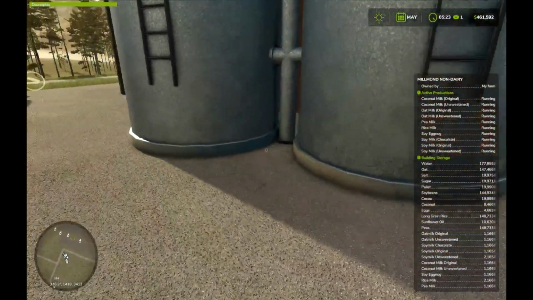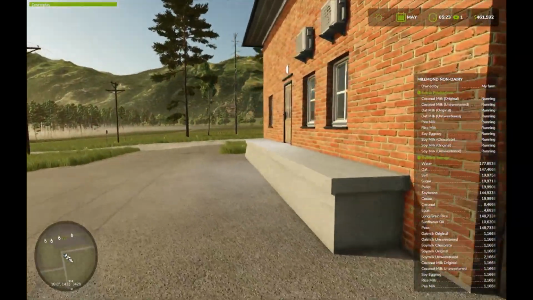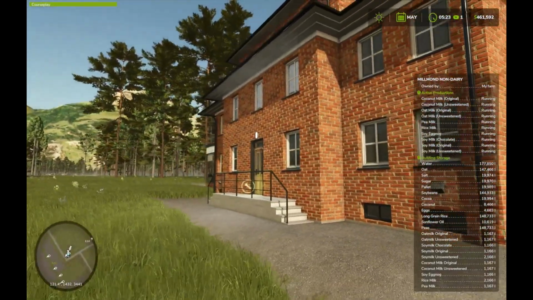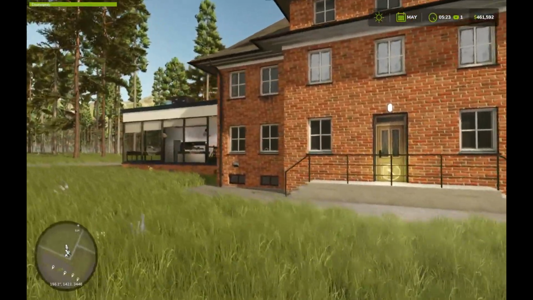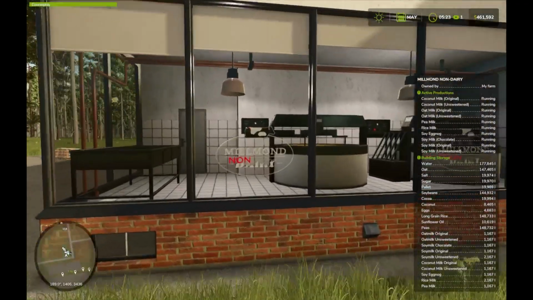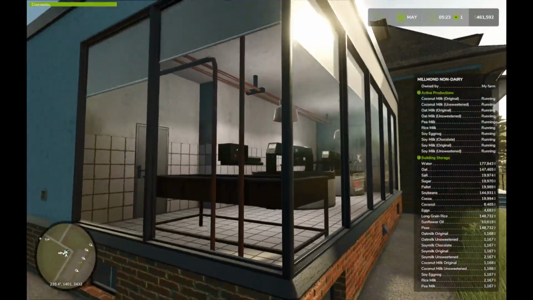But he had made a silk factory for FS25 too, and he used one of the same dairy building that I used in my dairy extended. So I didn't want to. I'm kind of a big stickler on not reusing the same buildings, like myself personally. That's why I decided to make my own, the non-dairy one here, and use this building because we hadn't used